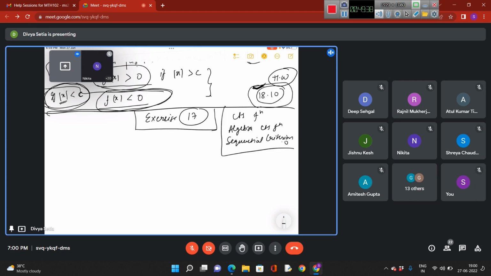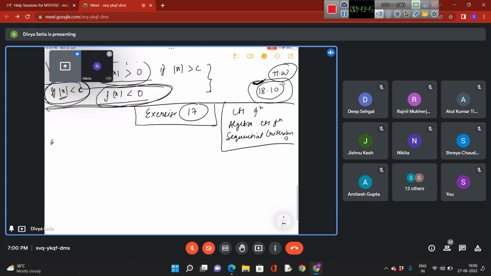These three things will be required to solve exercise 17. So first of all, suppose you are aware that the sine function, all trigonometric functions, and then log x and then exponential, all of them are continuous. I am assuming this right now. And now if you want to solve this problem,